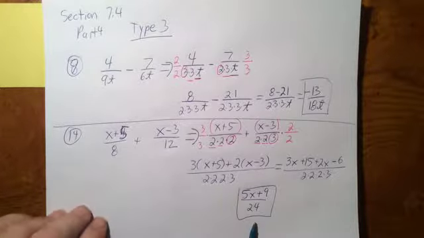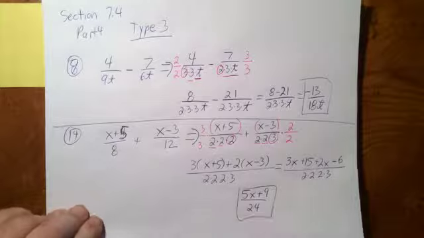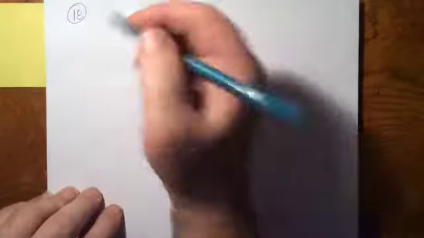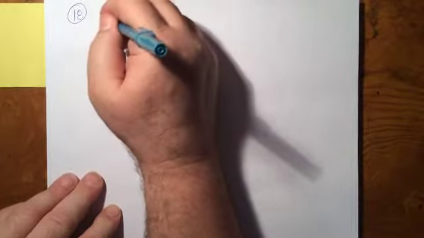So let's take a look at some other questions that require a little more aggressive type of factoring. Let's take a look at 18. We're building out the skill set very slowly because this slowly increases in difficulty. So the next question we're going to look at is going to be